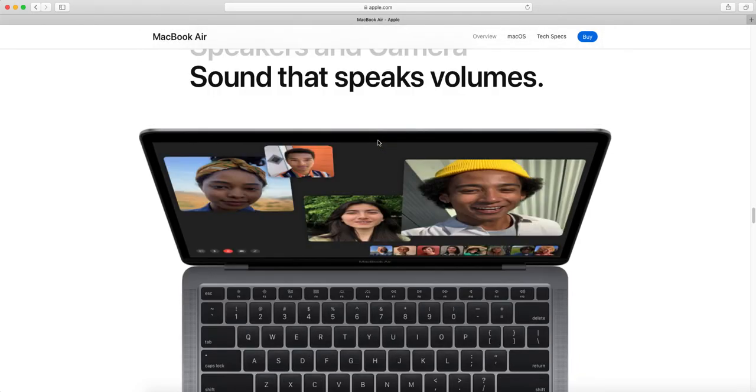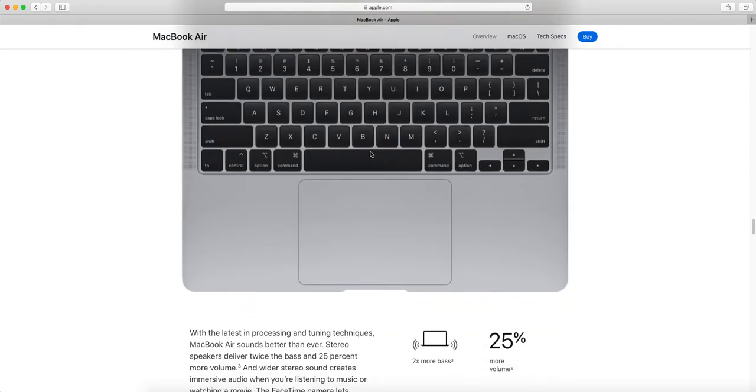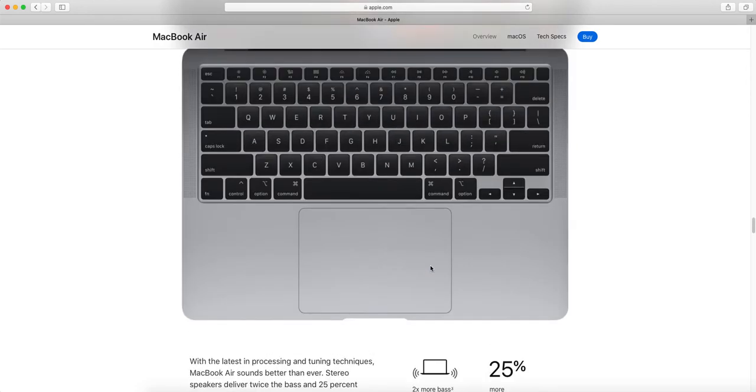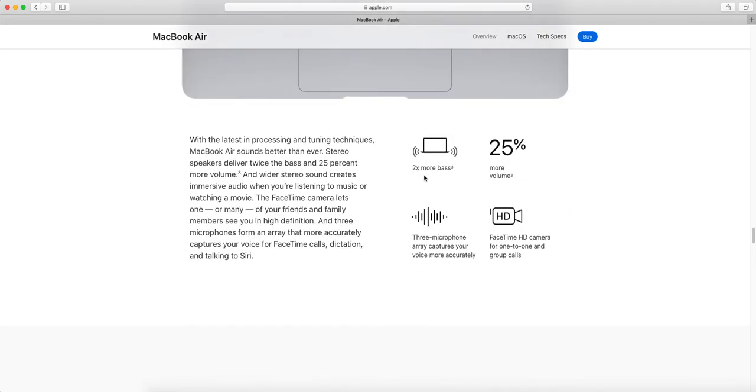But it's pretty good, and it has a little green light that tells you where to focus, so that you can make sure you're looking at the camera at all times, which is pretty beneficial because sometimes people lose track of what they're doing and may be looking in a different direction instead of at the camera. So yeah, they are saying there's 2 times more bass,